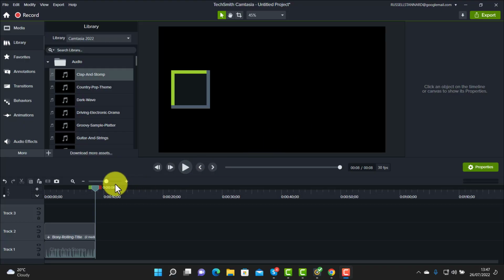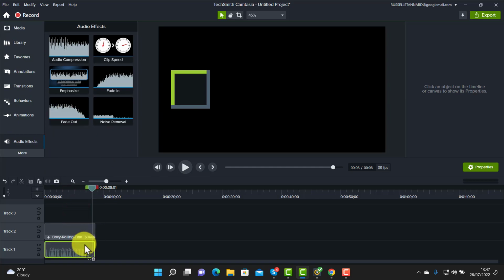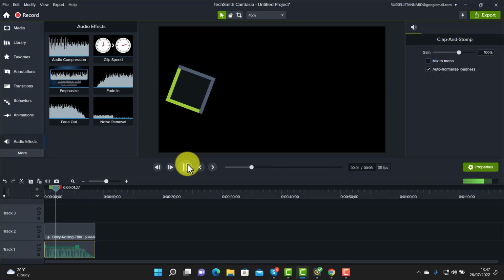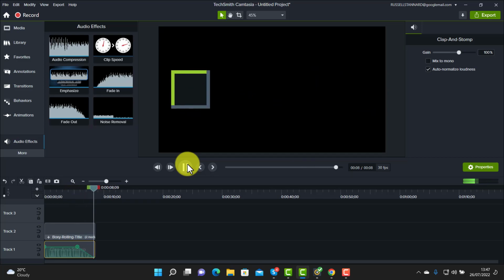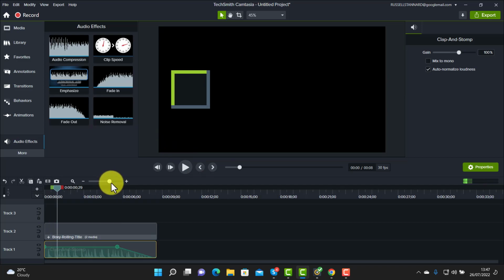I'm now going to add the same fade again. So I'm going to come down to Audio Effects, drop the fade out. So again we've got that. Let's see if this is any better. I like that better. Now, I'm going to zoom in here and I'm going to start to show you some